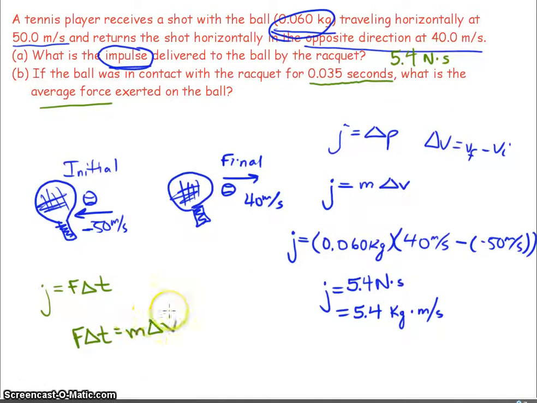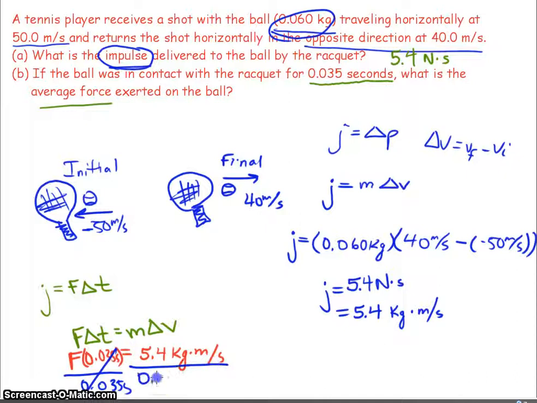So I already figured out the right side of this over here. So I know that 5.4 kilogram meters per second is on this side. I know force is what I'm looking for, and 0.035 seconds is my time. So in order to solve for this, divide both sides by 0.035 seconds. Cancels out, divided by 0.035 seconds. Okay. And I end up getting a force, which is